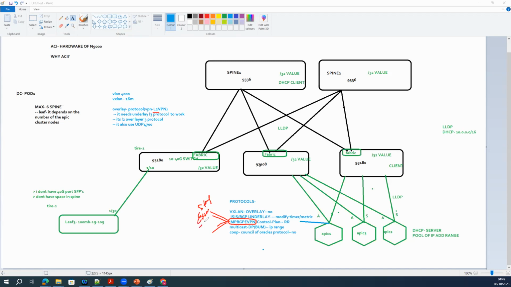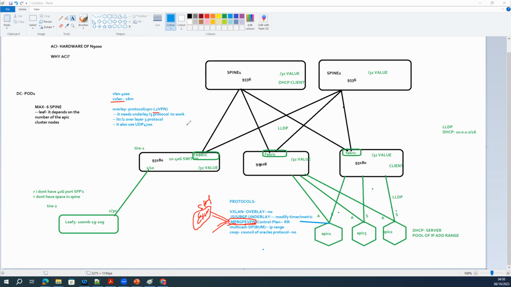The moment you run the extended address family, that's where BGP becomes MPBGP, multi-protocol. It means BGP is running with other protocols also, like layer 2 VPN, which enables layer 2 routing in BGP. In order to support layer 2 routing in BGP, you run EVPN. For which specific reason? For VXLAN. That's the only reason.